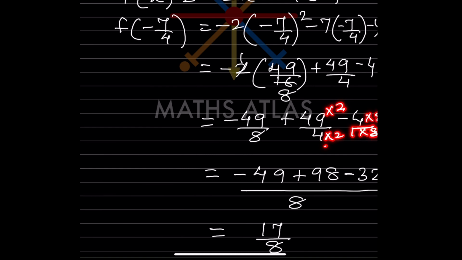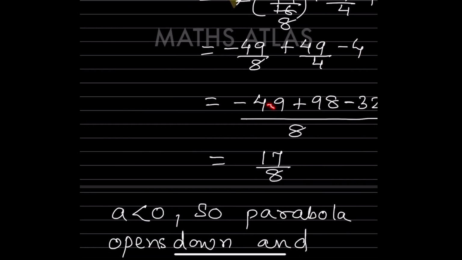So now what you can see here, minus 49. So 49 twos are 98, and this will be 32 divided by 8. And when you solve this one, you get 17 by 8. So here what we can see,